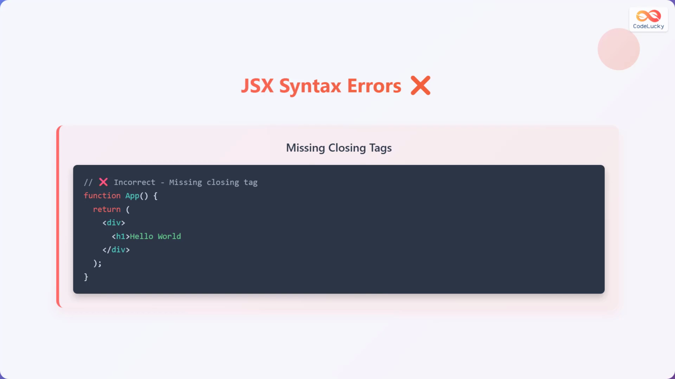One of the most frequent sources of errors in React is incorrect JSX syntax. JSX, which stands for JavaScript XML, is a syntax extension to JavaScript that allows you to write HTML-like code in your React components. One common issue is missing closing tags. For example, in the incorrect code snippet, you can see that the heading 1 tag is not properly closed, which